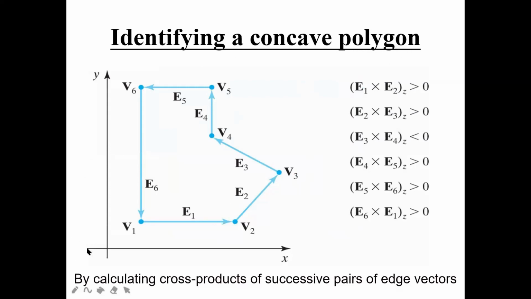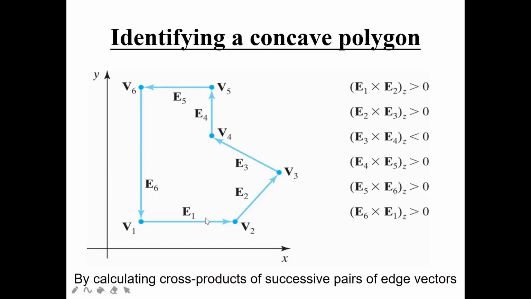So you can see in my diagram, there is an x-axis and a y-axis. What I'm going to do is calculate the cross product of successive pairs of edge vectors. Okay. There will be the vertex points and the edge vectors. Wherever the edge vectors are going, we have to move in that way. So the first point is my v1, and you can see here the z axis is not there. As the third axis is not there, we have to calculate everything on the z axis.